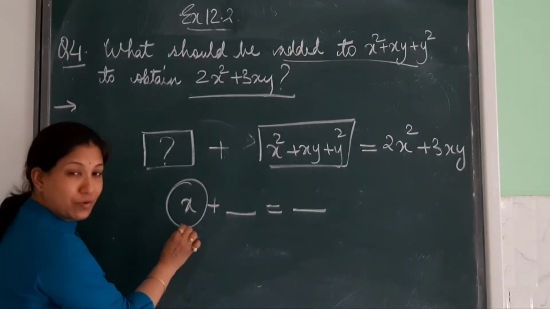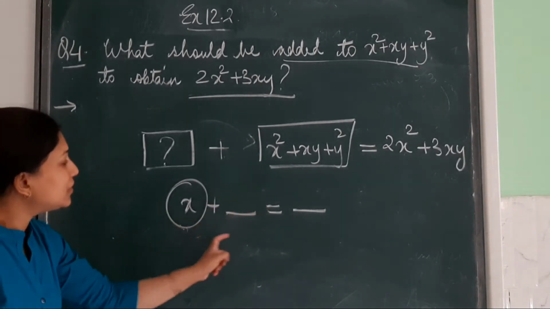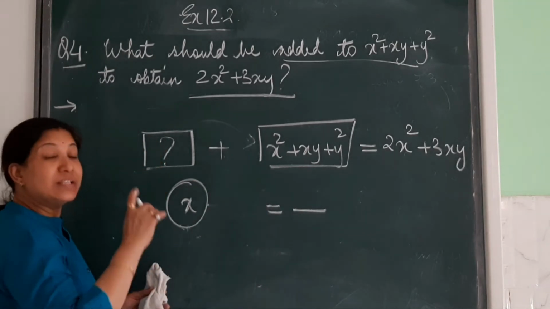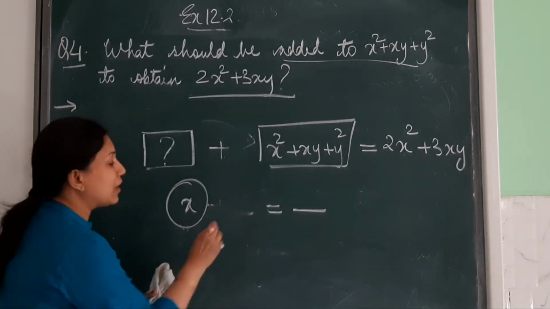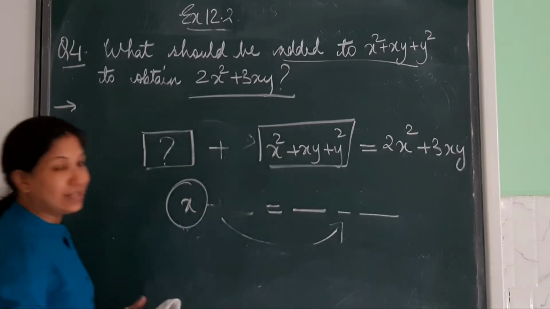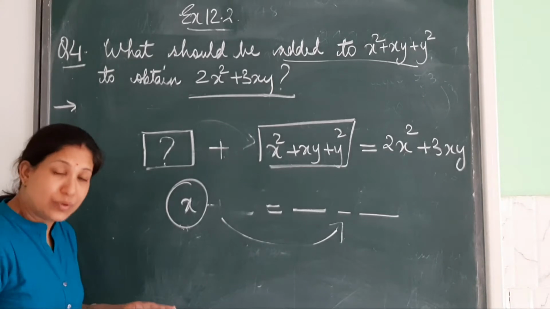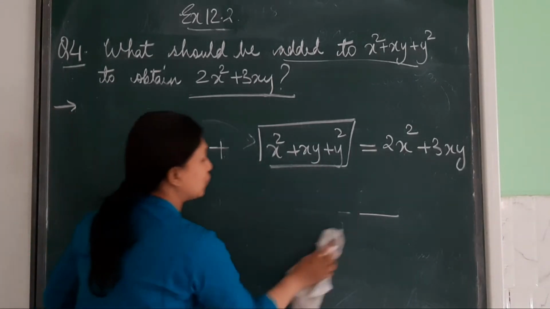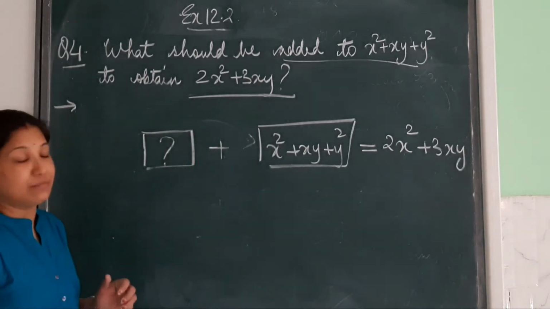When you want to find the value of this, what should you do? This value is attached with it, so we will de-attach it. That means transpose. So when you transpose the plus value to the other side, it will become minus that value. Understood? Please, when you are watching the video, take your pencils and do these rough works so that you are able to understand what we have done and why we have done.